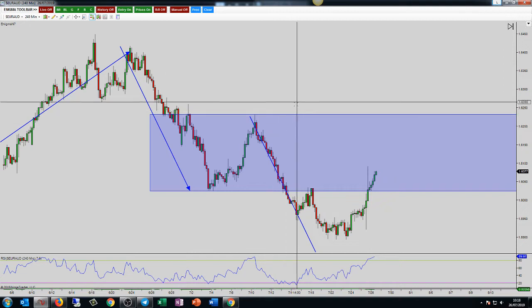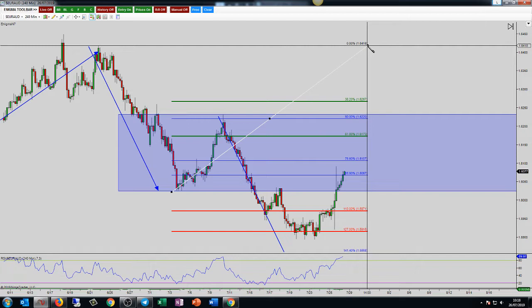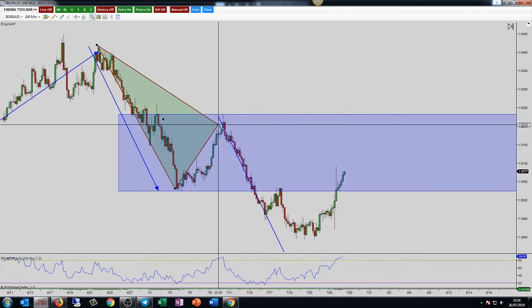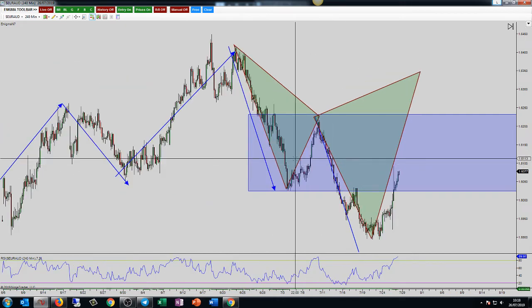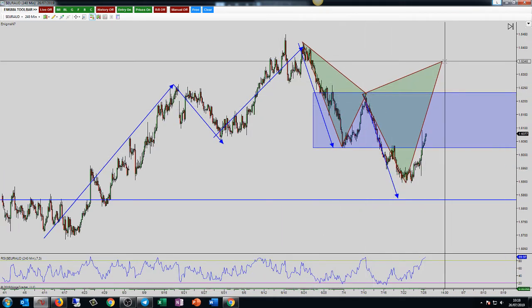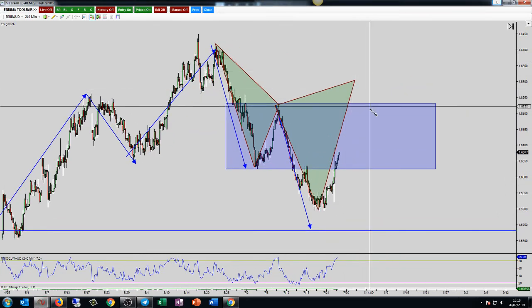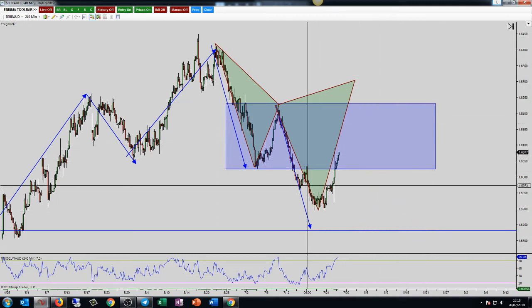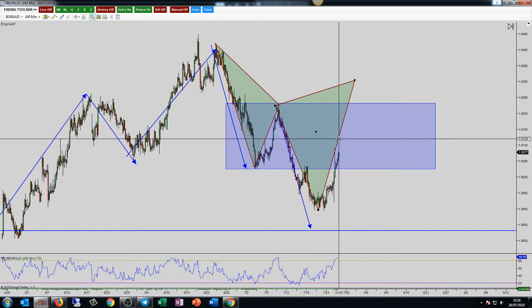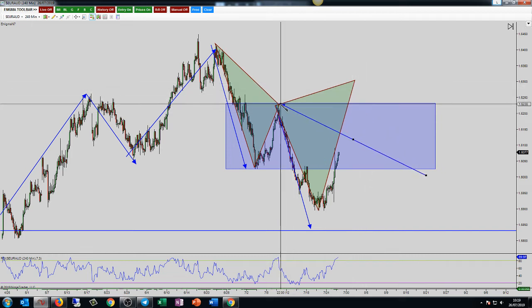So, Euro Aussie, we have, ooh, look at that. X to A to B, B to C, CD completion up here for a cipher pattern. And if you wanted to use that cipher as the entry, as an aggressive entry into the trend continuation, or for the head and shoulders, then you have a potential cipher pattern. The problem is, for the cipher pattern to come up to the completion, we'd actually have to close above this level.